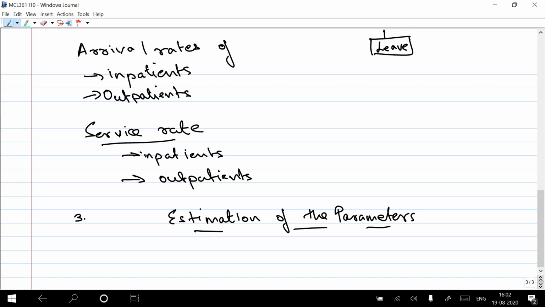Now, the way to do it is ideally you actually go observe the system, you actually calculate, for example, if it's inpatients, you go and you observe the system over the period of maybe a bunch of days, and actually note down the number of patients and what time they're arriving, and then you actually fit a distribution to that data, and that will help you actually parameterize the arrival rate of the inpatients, right? Of that particular job type or that particular patient type in this case.